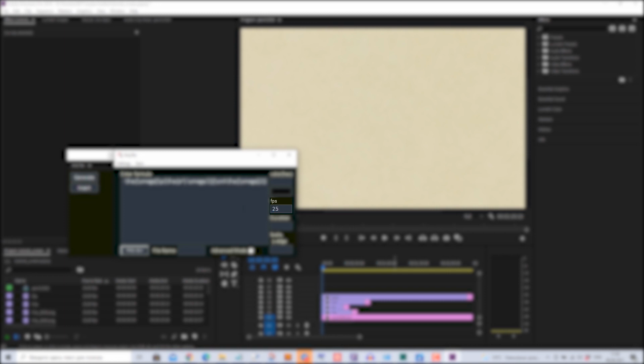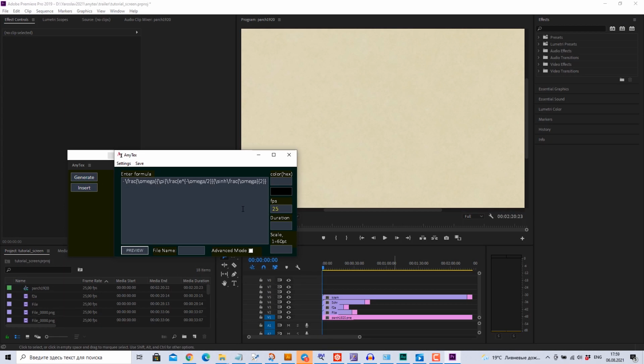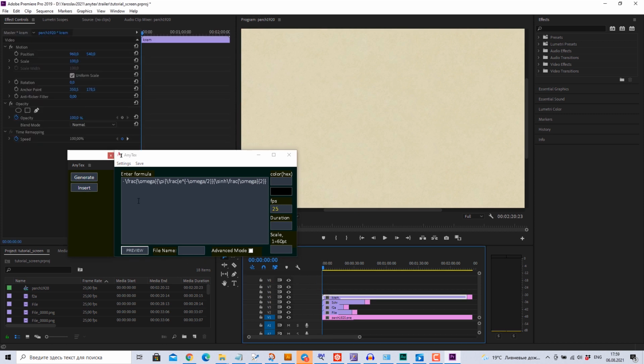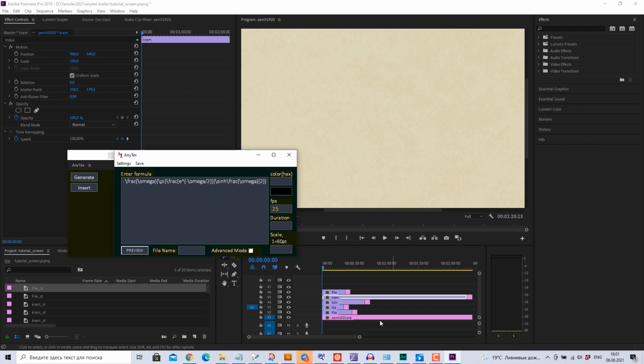Just put the number 25 and hit Enter. Then it becomes yellow. That means it has been saved by the plugin. Next, highlight the track where you want your animation to be inserted, then hit Generate. Keep in mind, your animation will be inserted right above your highlighted track. And here it is. As you see, the animation starts right where your time slider sits, and consists of two